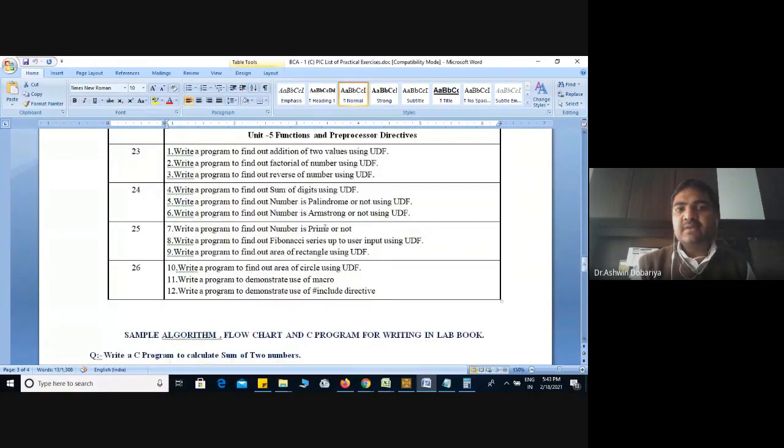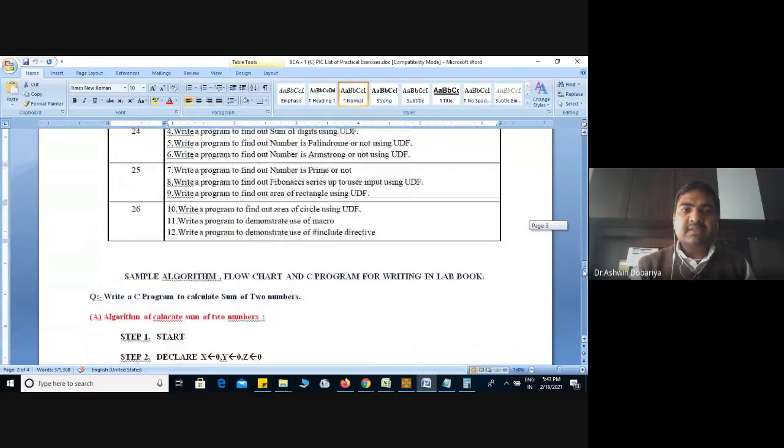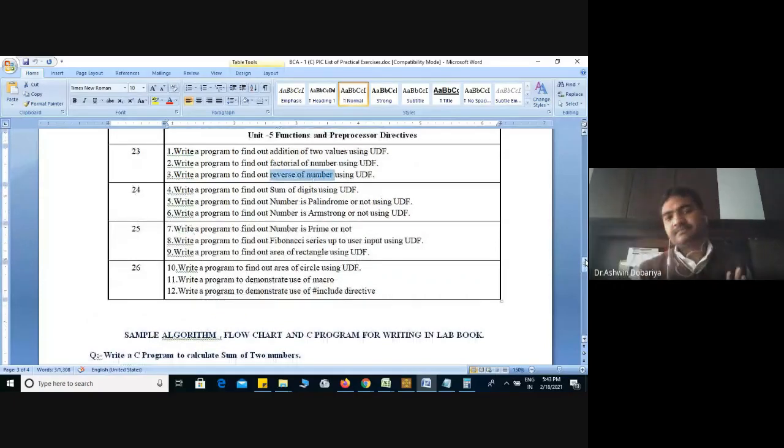Now see, in UDF functions, addition of two values, factorial of a number, reverse of a number, all the logic we have discussed over here. Here in this part, we simply have to see how we can write that logic in a function, and how we can create our own UDF function. That only, see.